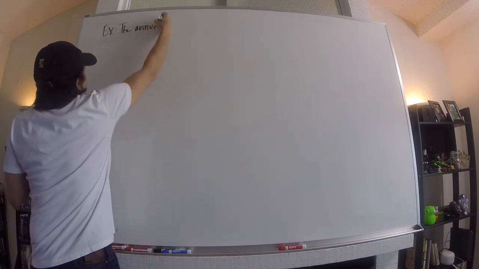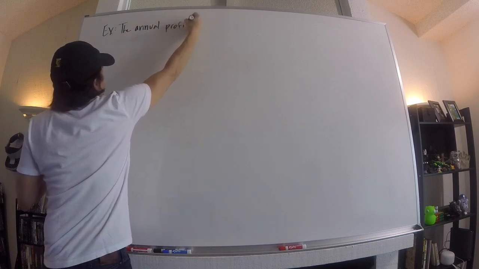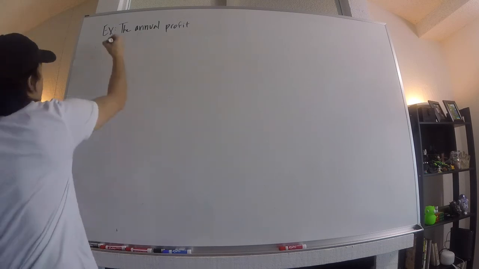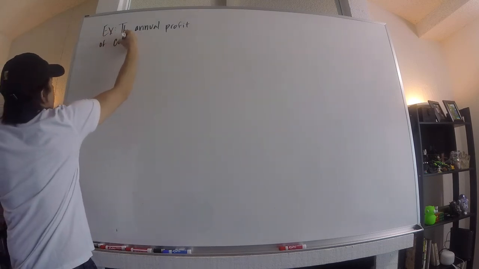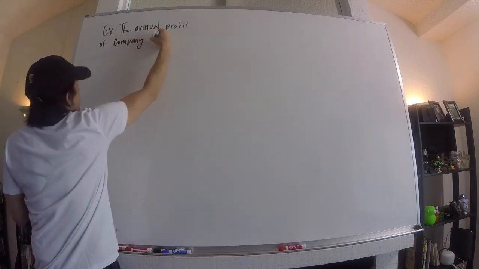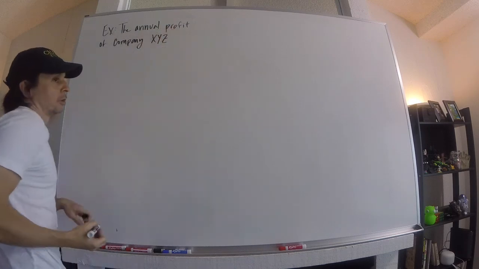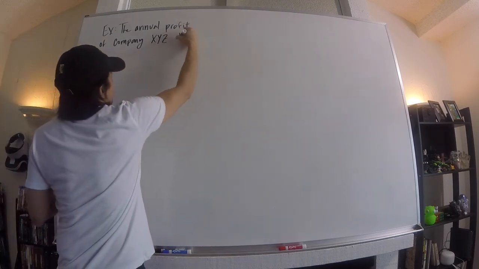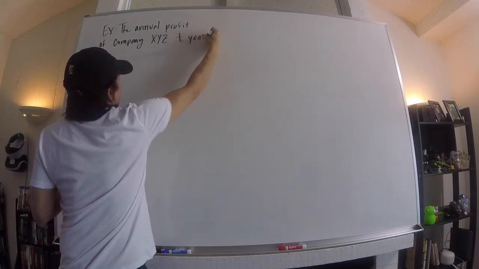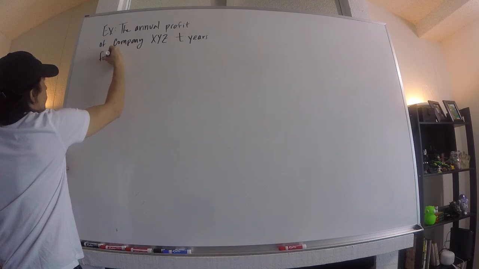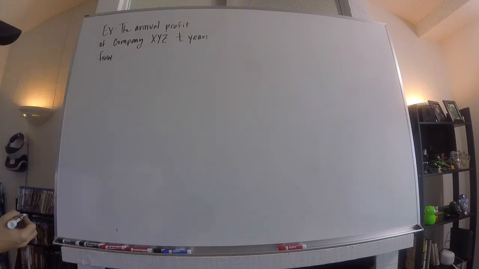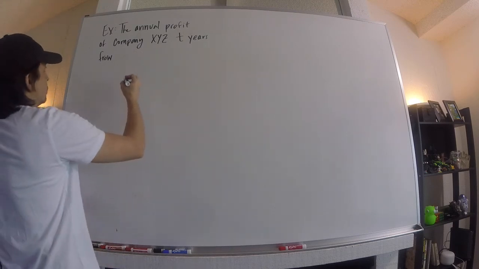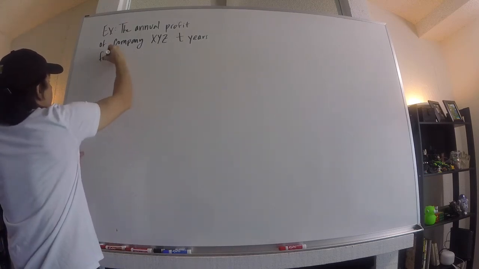Okay, the annual profit, so profit per year, it's a rate at which you're earning money, of company XYZ, your standard fake company for business courses. T years from now, T is going to be a variable, with the present being T equal to 0, the current year, from now